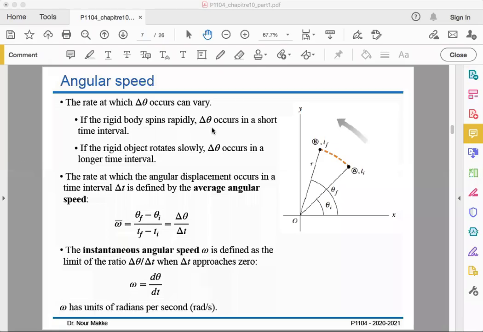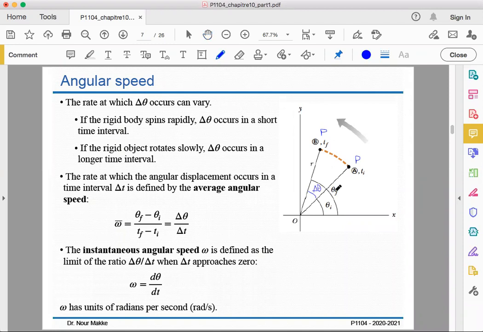So we continue with the angular speed. Let's again consider the case of this particle P that is moving through a given angle from the initial position A to the final position B from time t initial to time t final. So there is a change in the angular position, as we have seen in the previous slide, which is given